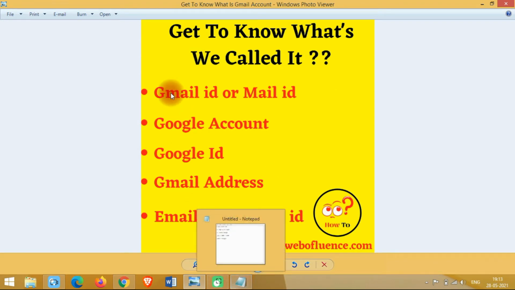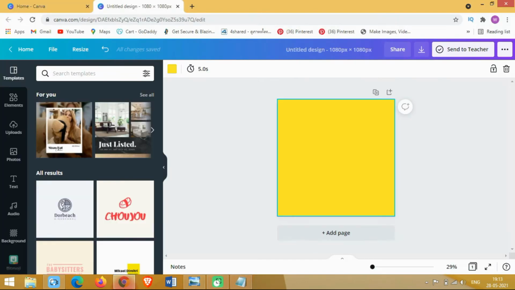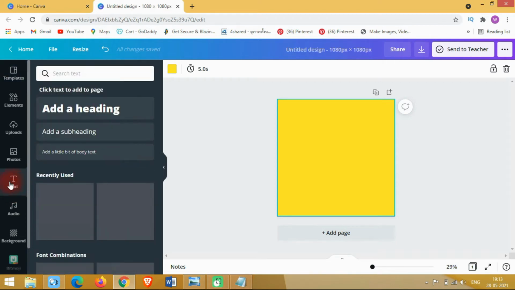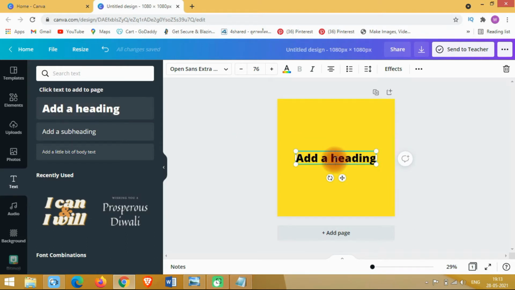Next, this is a text. For text, on the left hand side corner we will find text. Click on this text, and simply click on add a heading. Here you can give a heading to this.